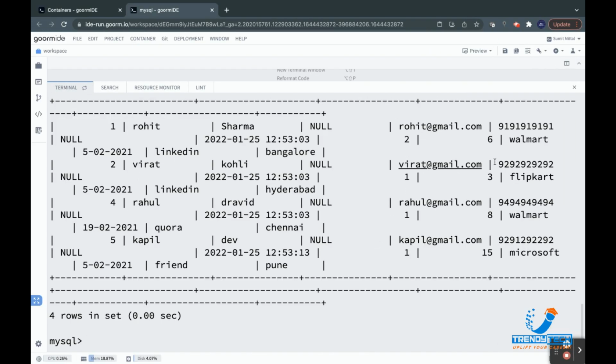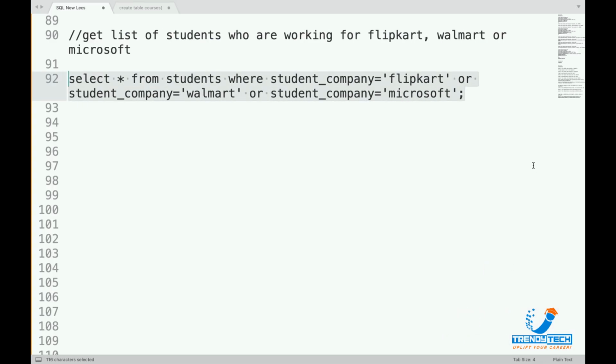Yes, it is giving Walmart, Flipkart, Walmart, Microsoft. Fine, and we were aware of this, nothing new. But is there an easier way of doing it? Yes, we could have done it in a simpler way. We could have used the in operator. How to do that? We could have said select star from students where student company